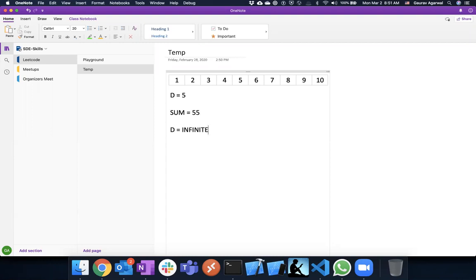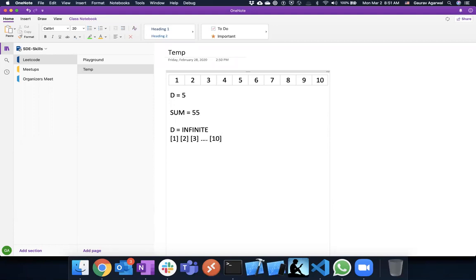Okay, we have an infinite number of days. We have the luxury to ship one package per day. Yes, one package per day. So in this case, in the first shipment we can ship the first one, in the second shipment the second one, third shipment the third one, and so on, till the 10th, and we can ship the 10th.